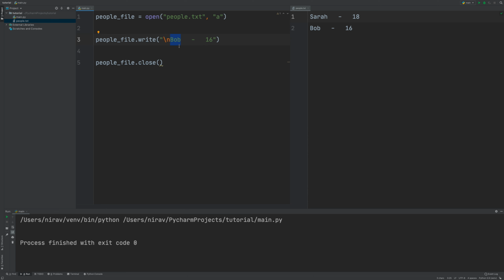And we can do this for another value. Let's say Alice, and she is 20. And there you go. Now let's talk about how to read from this file. So instead, we have to change this A to the R for read, and we say,